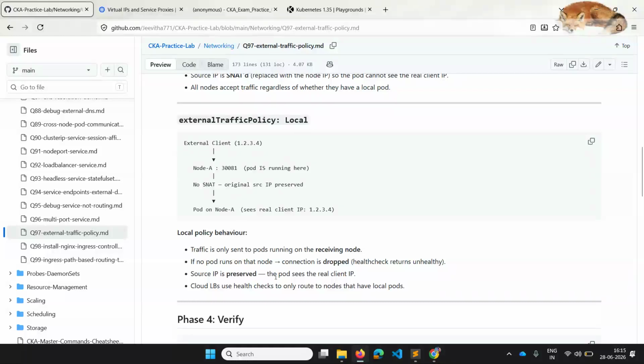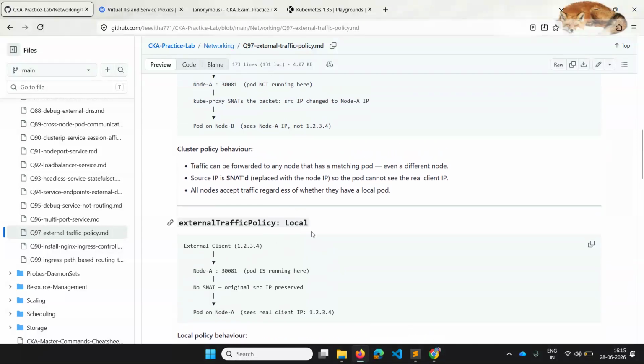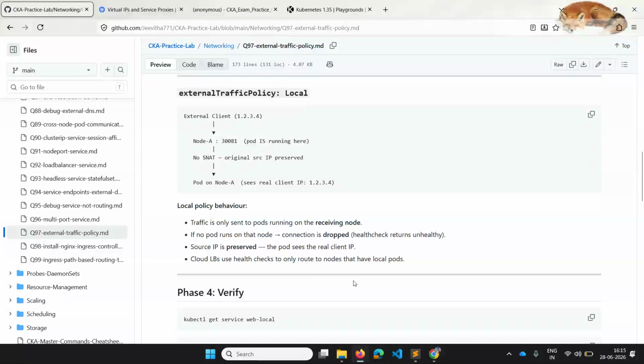If it is local, it just drops, and the source IP is preserved. The pod sees the real client IP. So here, whatever request it gets, that particular pod can see the source IP.